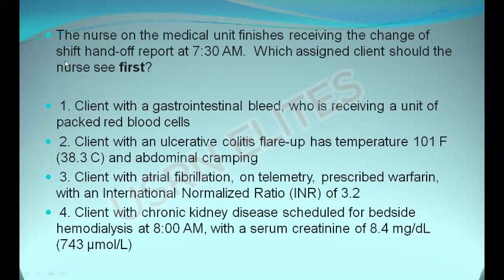0.8 to 1.1, I think. No, that is the normal one. But this one, the person is on warfarin, so you expect the therapeutic one. So what's the therapeutic range? 2 to 3.5, if I'm not mistaken. I think it's 1.8 to 2.5, I think. No. Okay, so it's 2 to 3. So the therapeutic range is 2 to 3, at least for people who have clotting issues. But